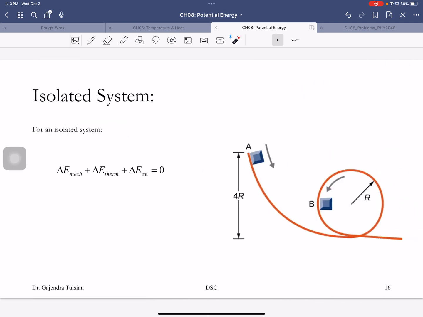So here's the overall statement on conservation of energy. For an isolated system, if you account for all kinds of energies, change in mechanical energy plus change in thermal energy plus change in internal energy equals 0. What this means is, if you take into account all kinds of energy,